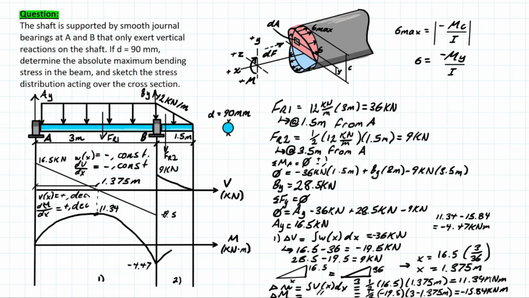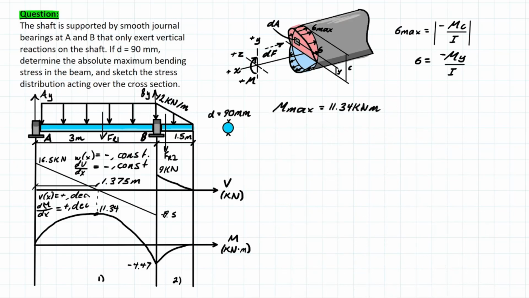And we know that this is going to come right back to 0 for segment 2. This part's not really too important, but we can see that the magnitude of this shear diagram is positive and decreasing. So the slope of the moment diagram for segment 2 is going to be positive and decreasing, coming right back to 0. All right, now that we have our max moment,